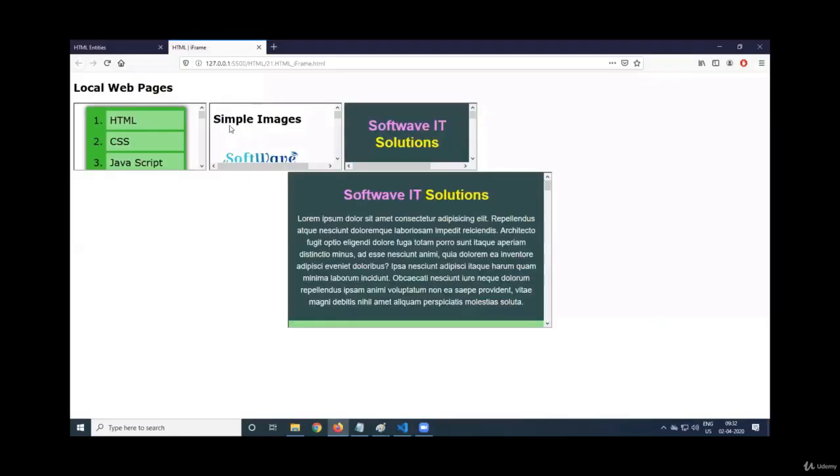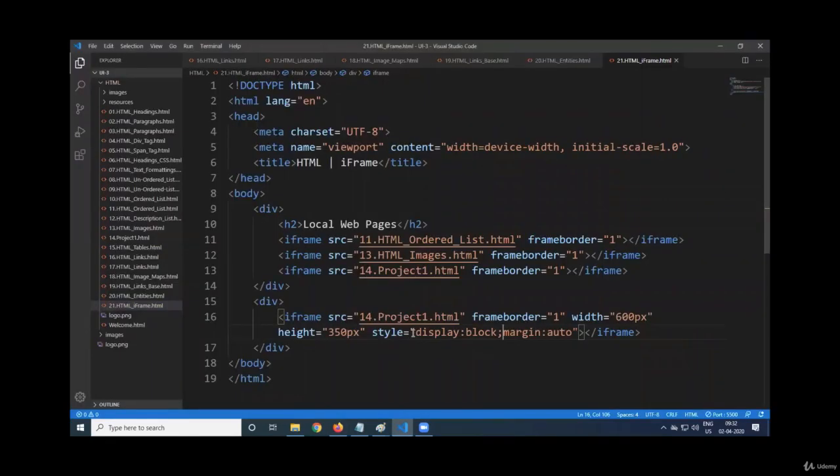See, when you keep these 3 iframes, it is coming one to the side of other. So even image, span, they are all inline elements. By default, it will come one to the side of other. Only block level elements will come below. So now we made it as display block. What is that? We'll study in CSS. For the time being, you understand how to make an inline as a block level element.